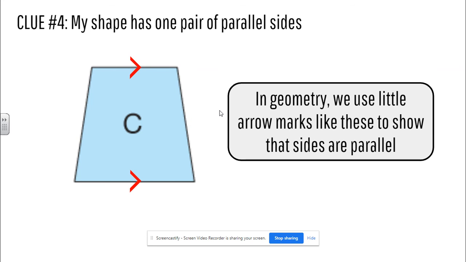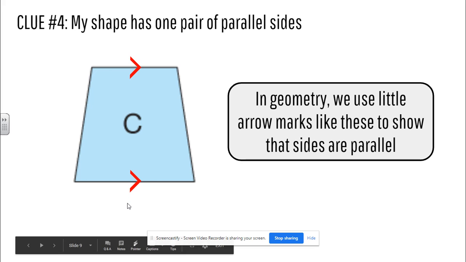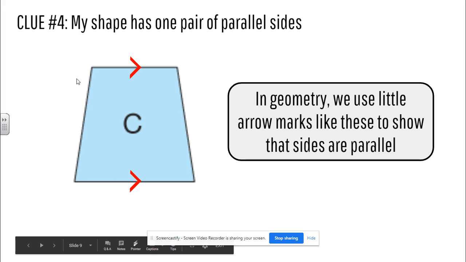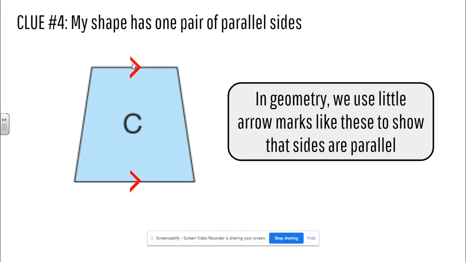And then your final clue was my shape has one pair of parallel sides. And in geometry, we're going to use these little arrow marks to show that lines are parallel. And that's important too. And just like with the hash marks, you can see that I have the same number of them here. But if the top or if the sides over here were parallel rather, then I couldn't use just one arrow because they're going in different directions. I'd have to use two arrows or three arrows. But you always